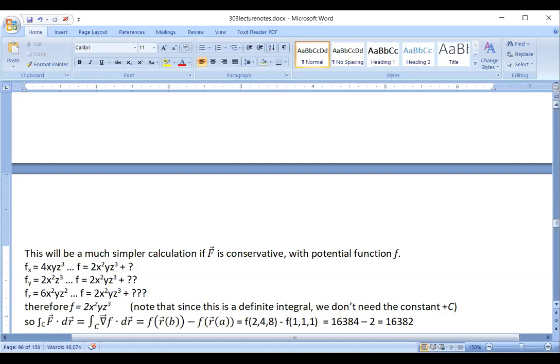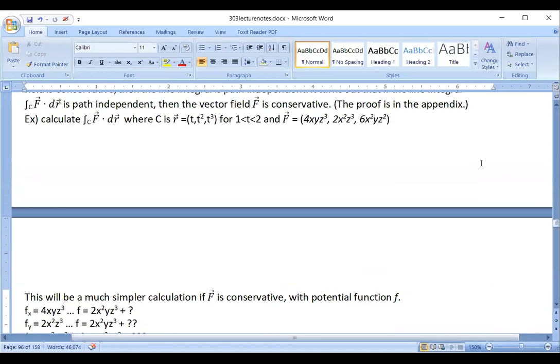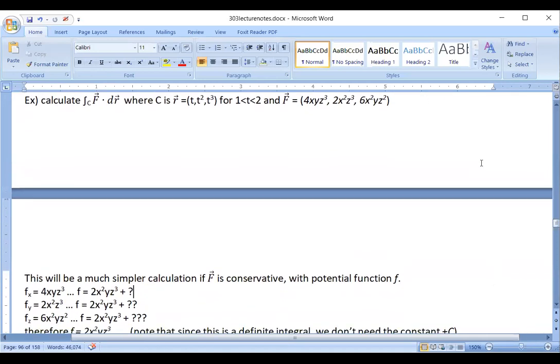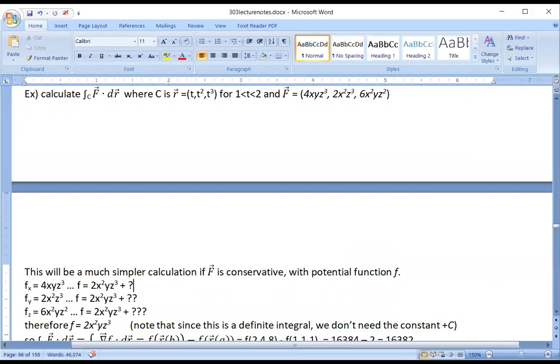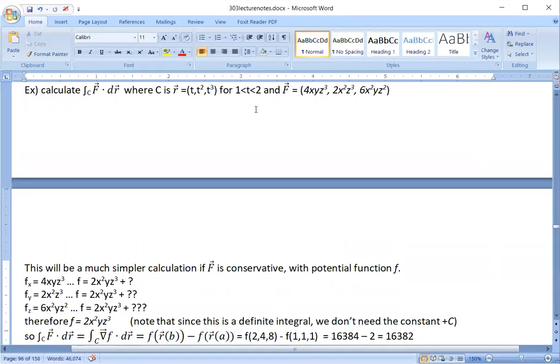So here I'm going to do it the other way. I'm going to say, what are the actual points? Just to scroll back for a second. Let's get it all at once here. Okay. So since we know that t goes from 1 to 2, and r equals t, t squared, t cubed,